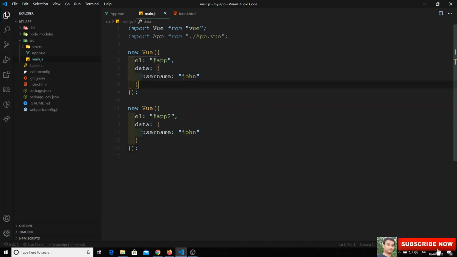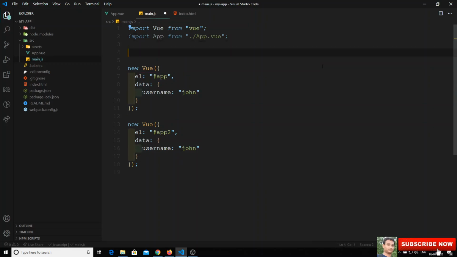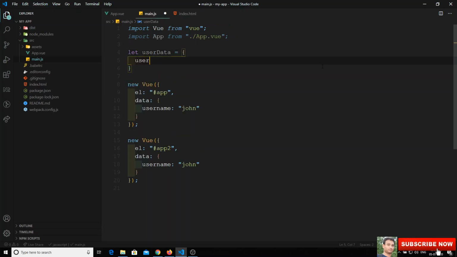If you observe, this is nothing but an object and this is nothing but an object. Why can't we have a separate variable, something like userData, which has username as John?